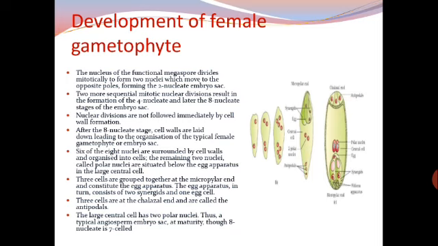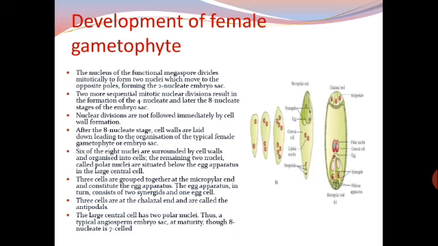To just revise, megasporogenesis gives us the formation of 4 megaspores, out of which 3 will degenerate, 1 remains functional. That 1 megaspore will undergo mitotic divisions to form 2 nucleate, 4 nucleate and 8 nucleate embryo sac, and after the 8 nucleate stage the cell wall formation takes place and the cells are grouped as antipodals at the chalazal end, egg apparatus at the micropylar end, and in the center there are polar nuclei.